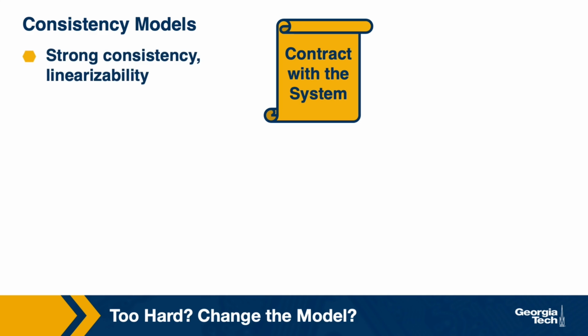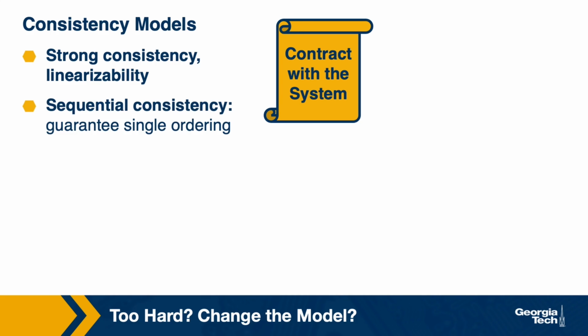I should note that when we say that a system supports some consistency model, we mean that the system makes a guarantee about the ordering of the updates in the system and how these will be visible to ongoing read operations. It's like a contract with the system. We've mentioned some of these models so far. We talked about strong consistency model, which provides linearizability, and it guarantees that the real ordering of the events or the updates of the system will be visible to all.